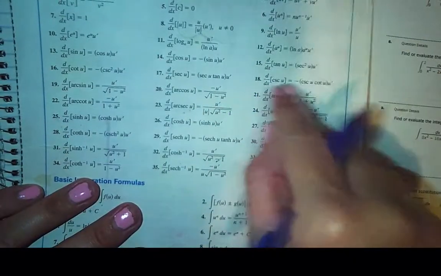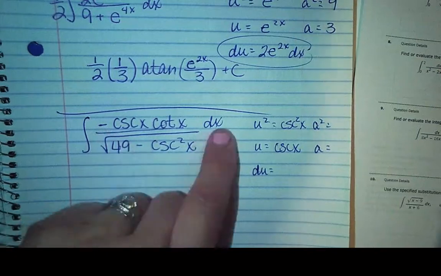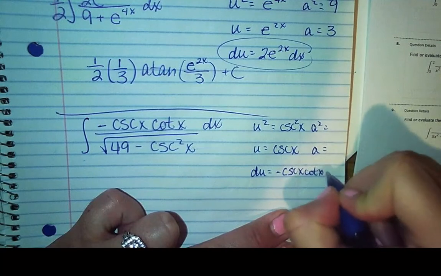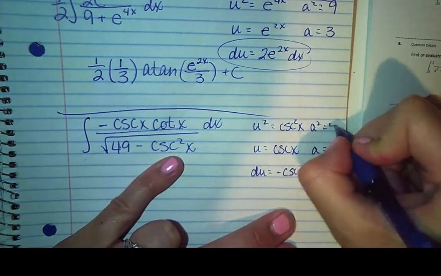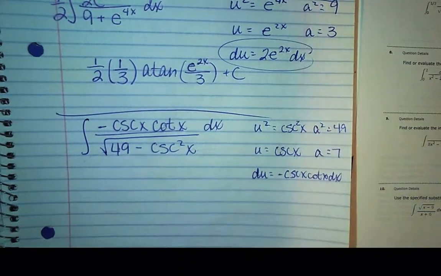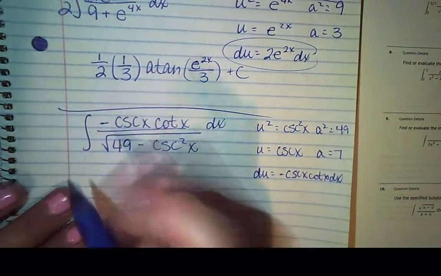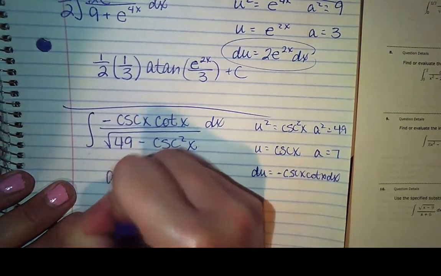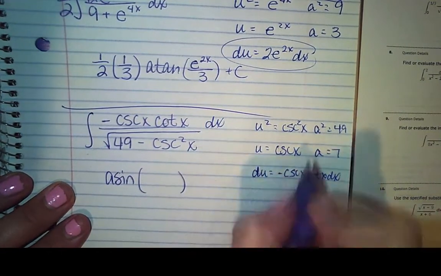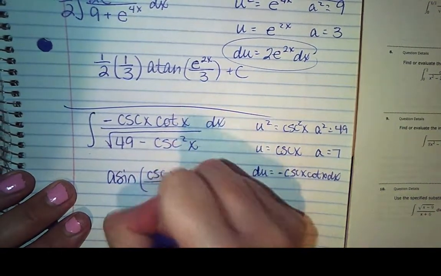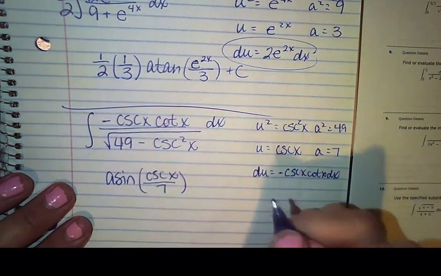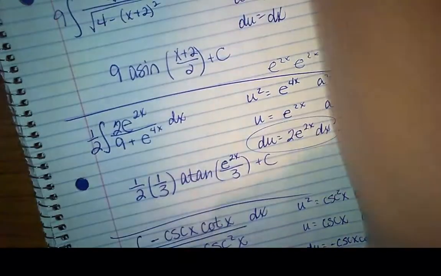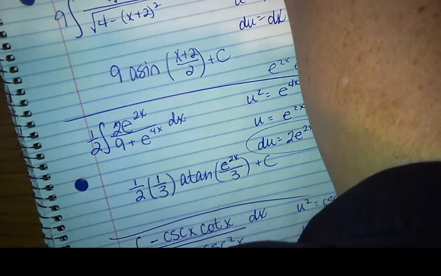I don't know where it is. It is negative cosecant cotangent, which is exactly what you got. So negative cosecant cotangent. What's your a squared? It's 49. And what's your a? It's 7. So this is completely done. There's nothing to even balance. It's completely done. So it's the arcsine of u, which is cosecant, over a, which is 7, plus big C. And then we'll do the last few on another video after I figure out how to